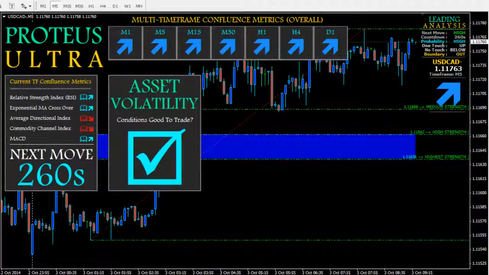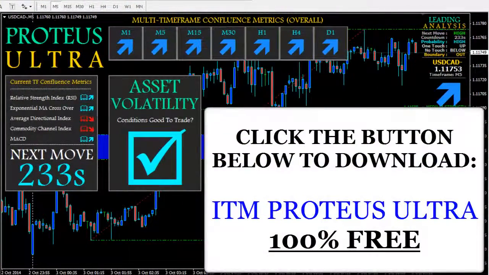This is where ITM Proteus Ultra makes it extremely easy for traders, or at least sound for traders, to get into a position where the leading indicator on the right-hand side projects the most appropriate entry timing for the trade, which, as you know, in a time-sensitive environment like binary options, is critical to the success